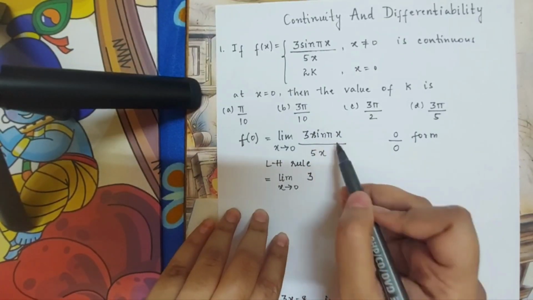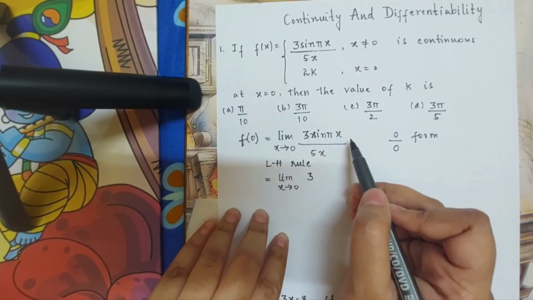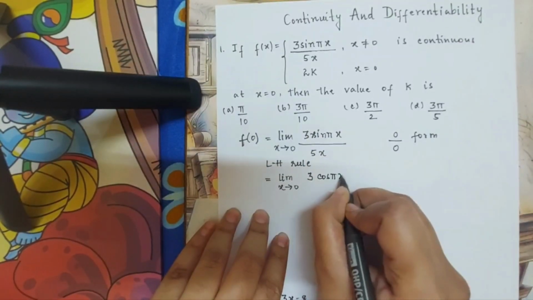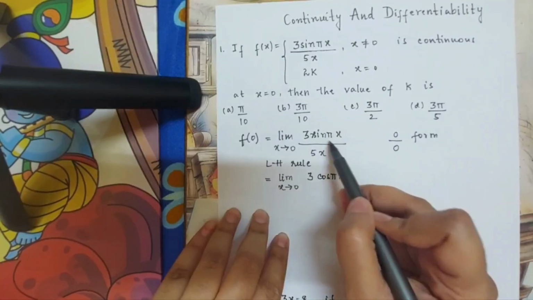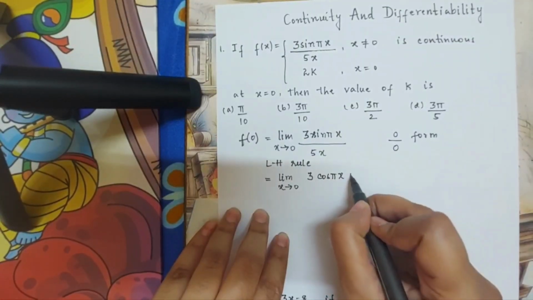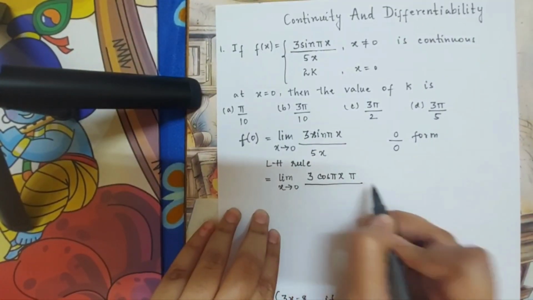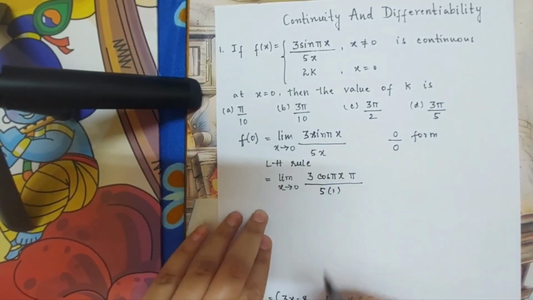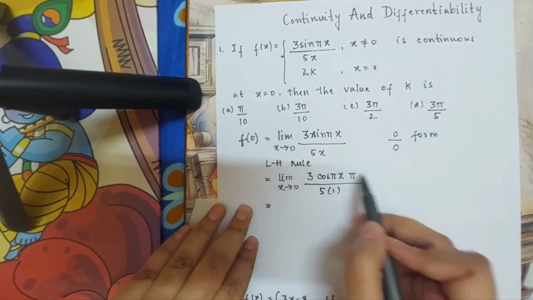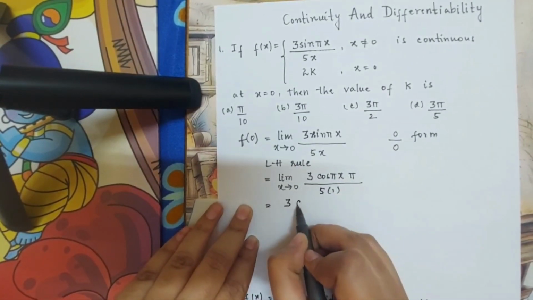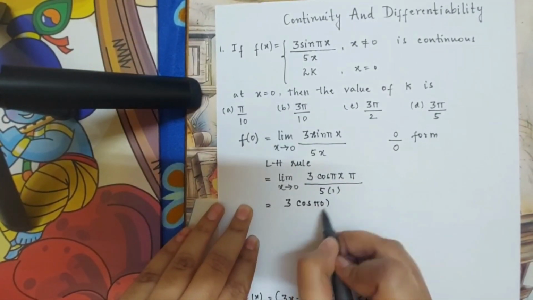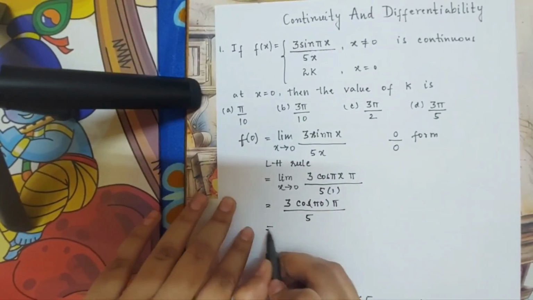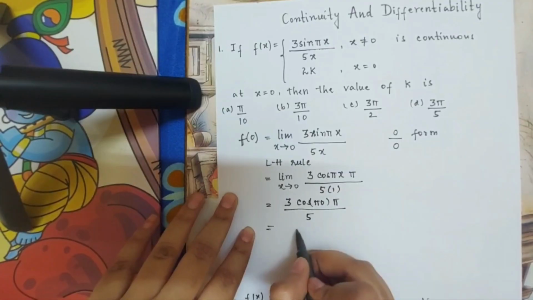See, this is of the form sin ax. So the differential of sin is cos. So again we need to differentiate pi x. So differentiating pi x gives us pi divided by the differential of 5x, which is 5 into 1. So now if I apply limit here, this becomes 3 cos pi into 0 multiplied by pi divided by 5. So cos 0 is 1. So 3